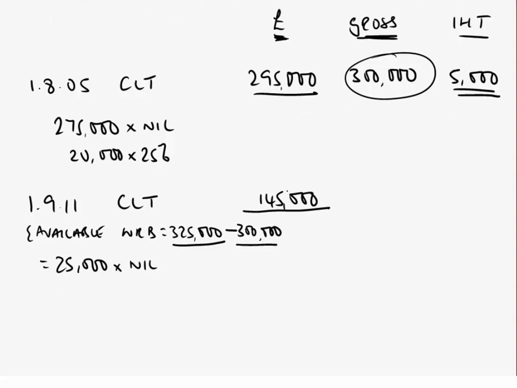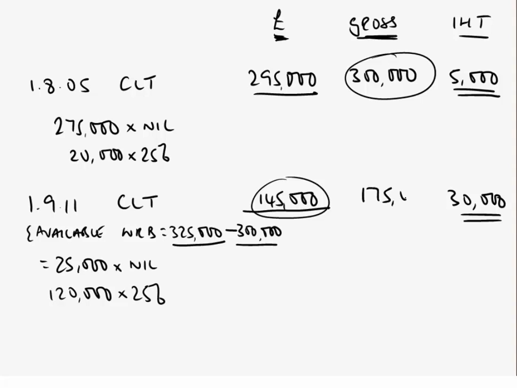Well, that's 25 out of the 145,000. So that will still leave therefore 120,000. Again, remember we said the donor pays the tax on these transfers, so it's 25%. 25% of 120 is, methinks, £30,000 of tax to be paid. Once again, it was a net transfer, so the gross figure, the combination of the net plus the tax, would look to be £175,000. At that point in time, your cumulative total would have been